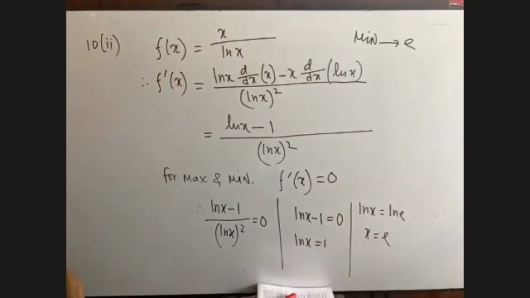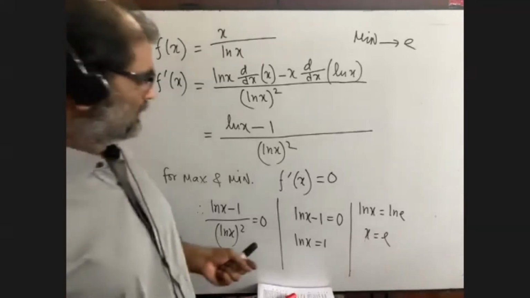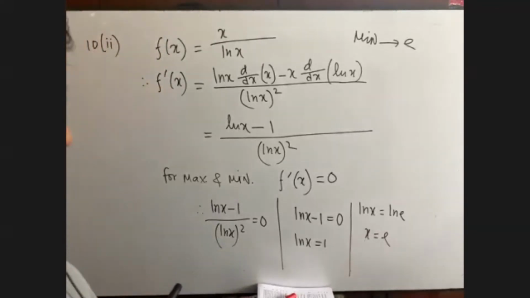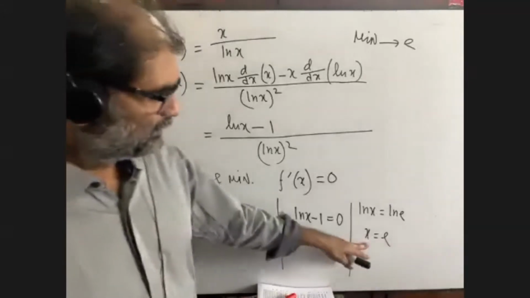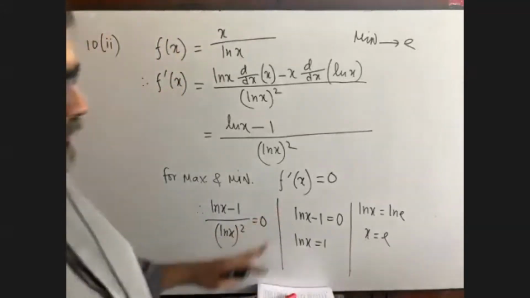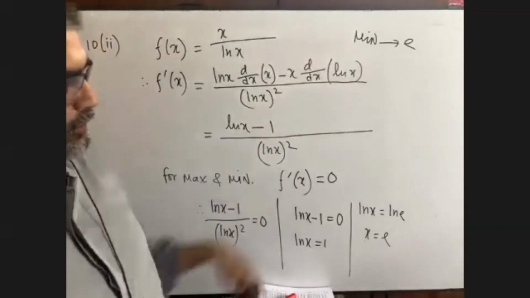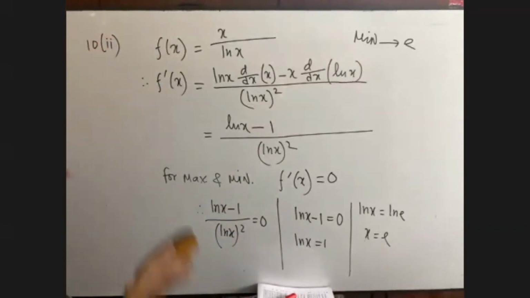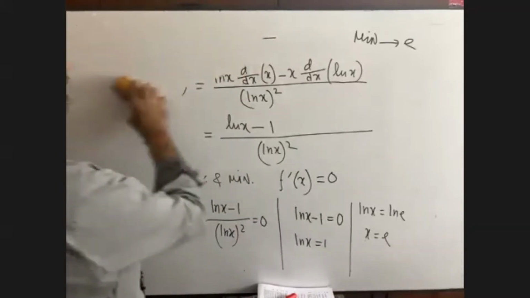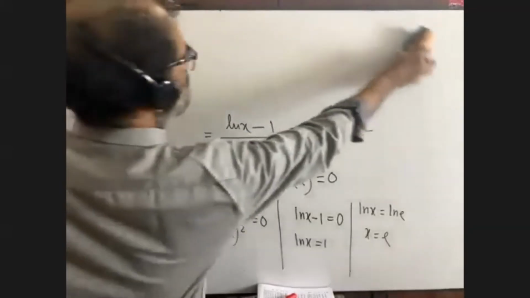Okay. So what is the value of x? It is e. Is it okay? But we are not done yet. I have seen too many students finish their maths here, like the previous math. No, not that. We have to maintain the formalities. We have to find the minimum value. Now you have to find f double prime x.